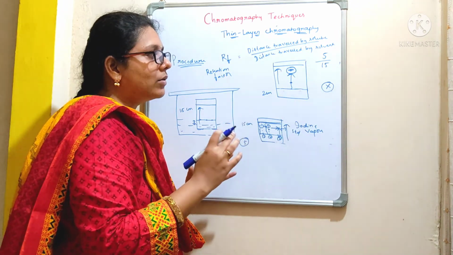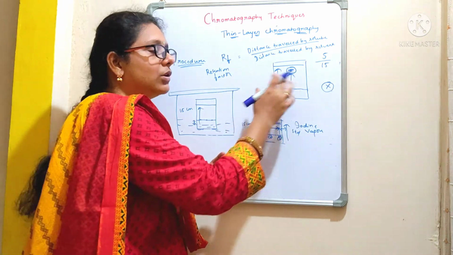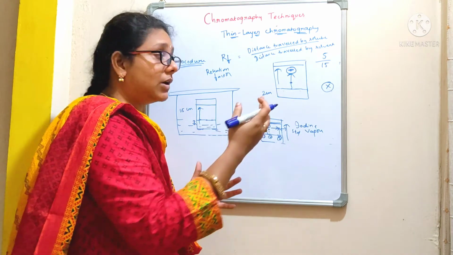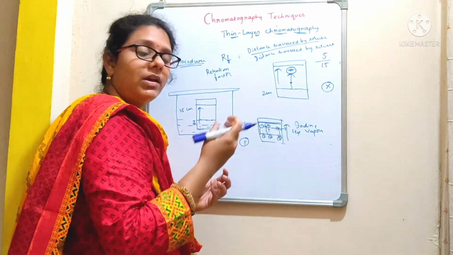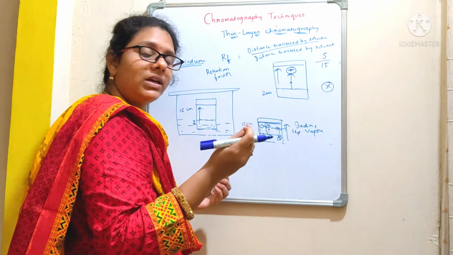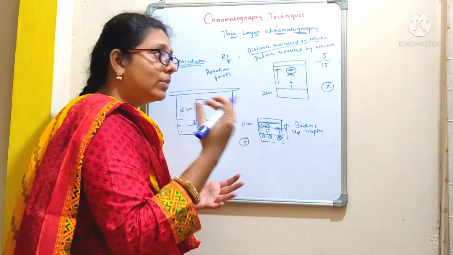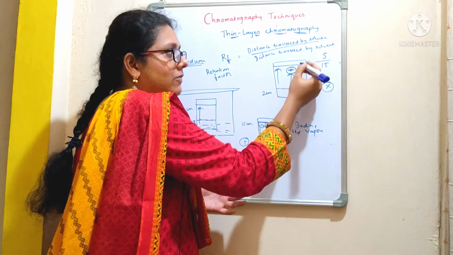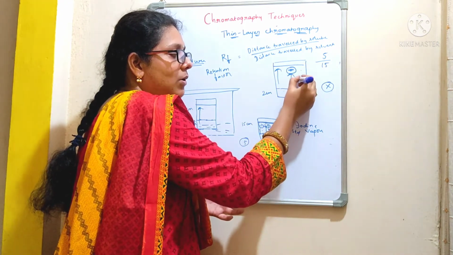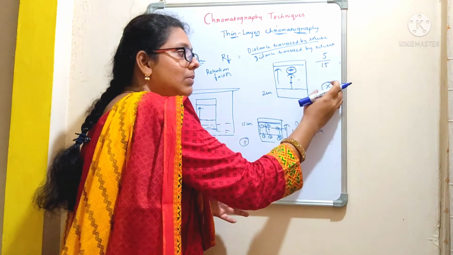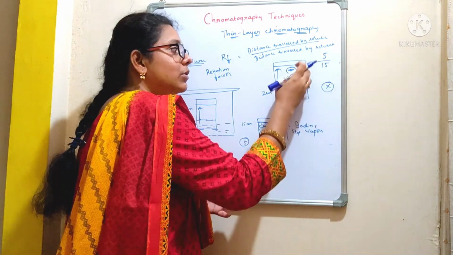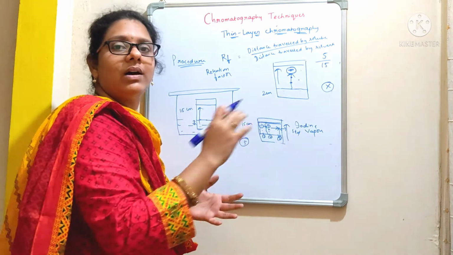That's the reason I told you, you need to wear gloves when you perform the experiment. That may give you some false results when you touch the sheet with your fingers. Any oils present on the fingers will interfere with the results. You may get some other spot somewhere else. Suppose if you touch here, you may get a spot here. If you touch here, you may get a spot here. Instead of a single band which you are supposed to get, you may get 2 to 3 bands. That gives you confusion.